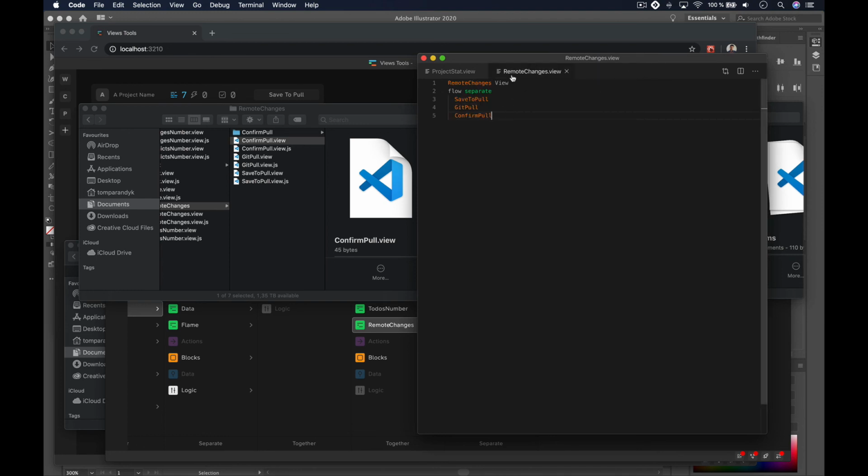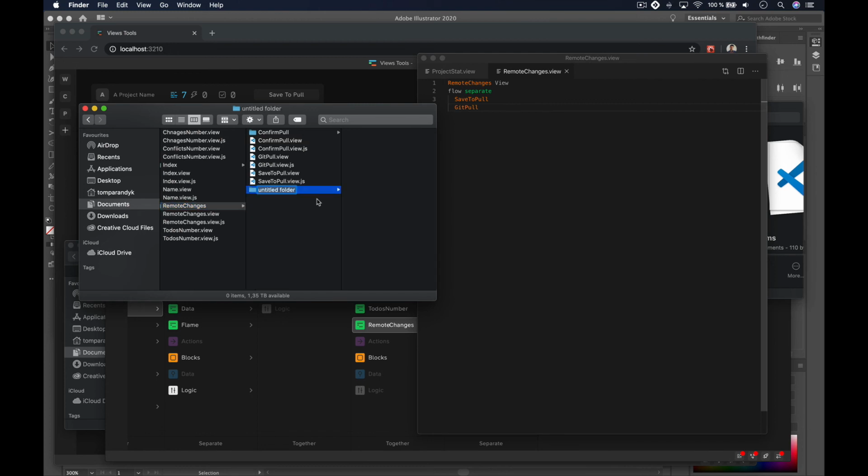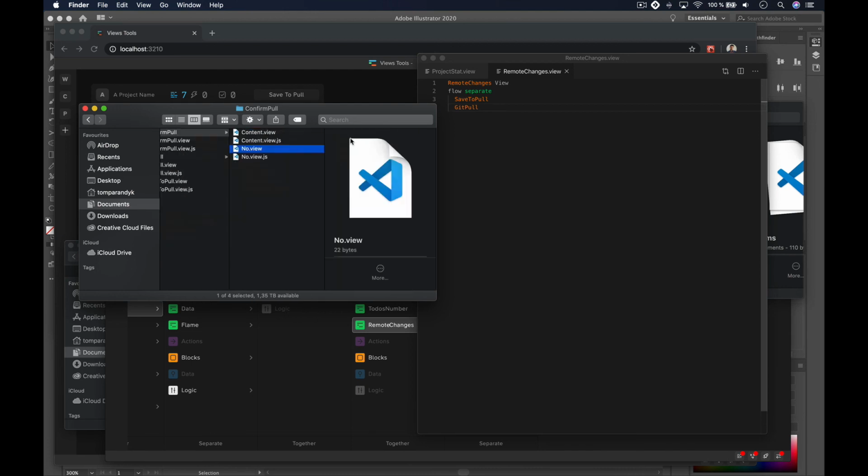And then on the remote changes, we need to have confirm pull. And these guys, wow, confirm pull should be done inside of git pull, I guess. Yes, that's it. Okay, because when we click the button, we still want to see the button, but we want to see the, yes, exactly. Okay, but we want to see the confirmation at the same time. So we're gonna do git pull, and inside of git pull we want to have the known content, because